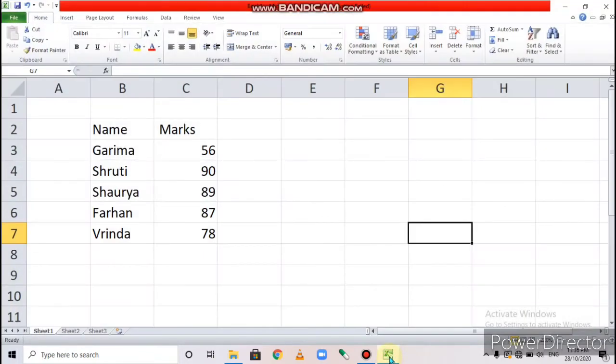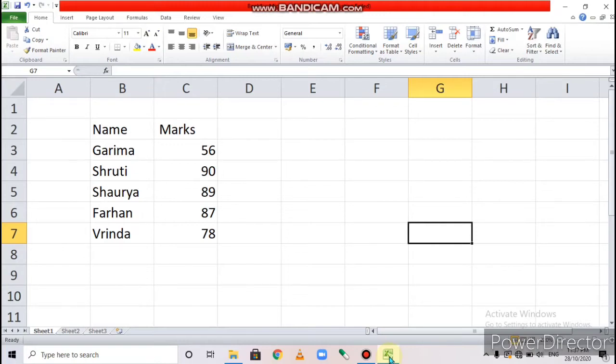Open page number 102, chapter number 6, Editing Data in Microsoft Excel 2013. Children, what is the meaning of editing? Editing means to change something in already existing data.